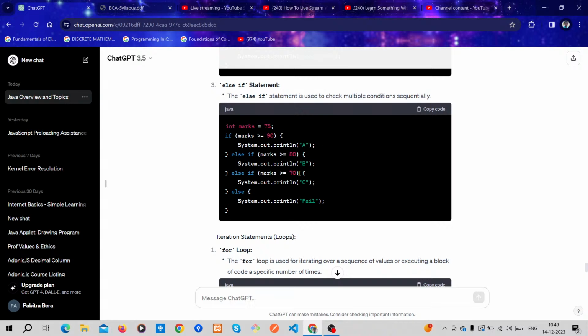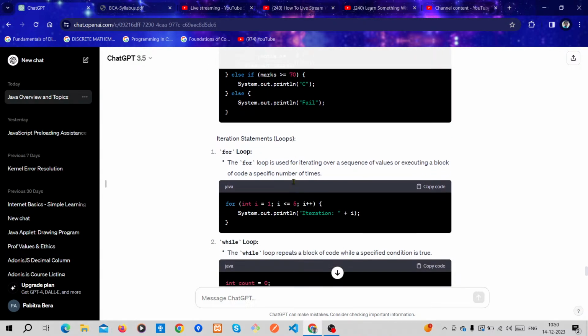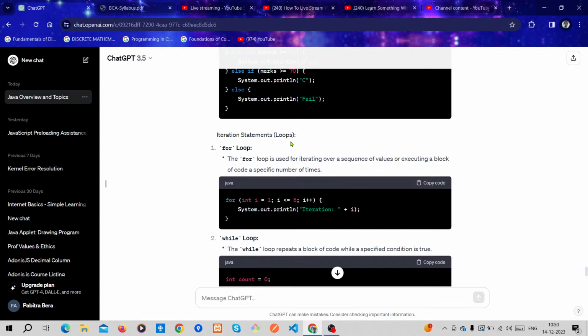Yes, marks is greater than 70 because marks is 75. So the C grade is printed here, and only one statement will print among all these statements. Whichever condition is true, that statement will print. Okay, only one. Iteration statement means looping statement.